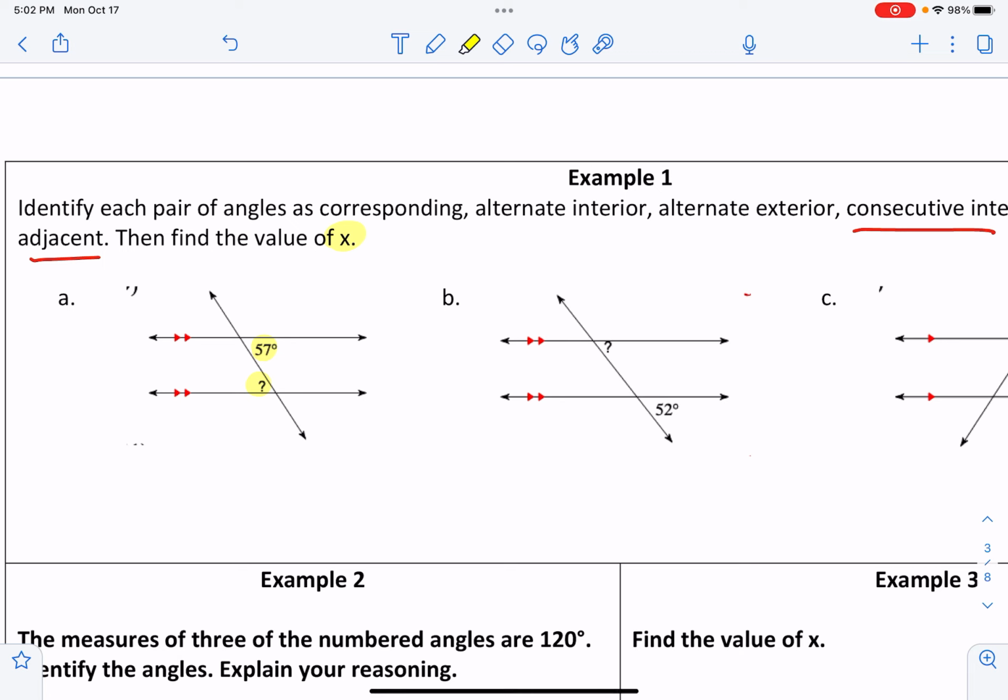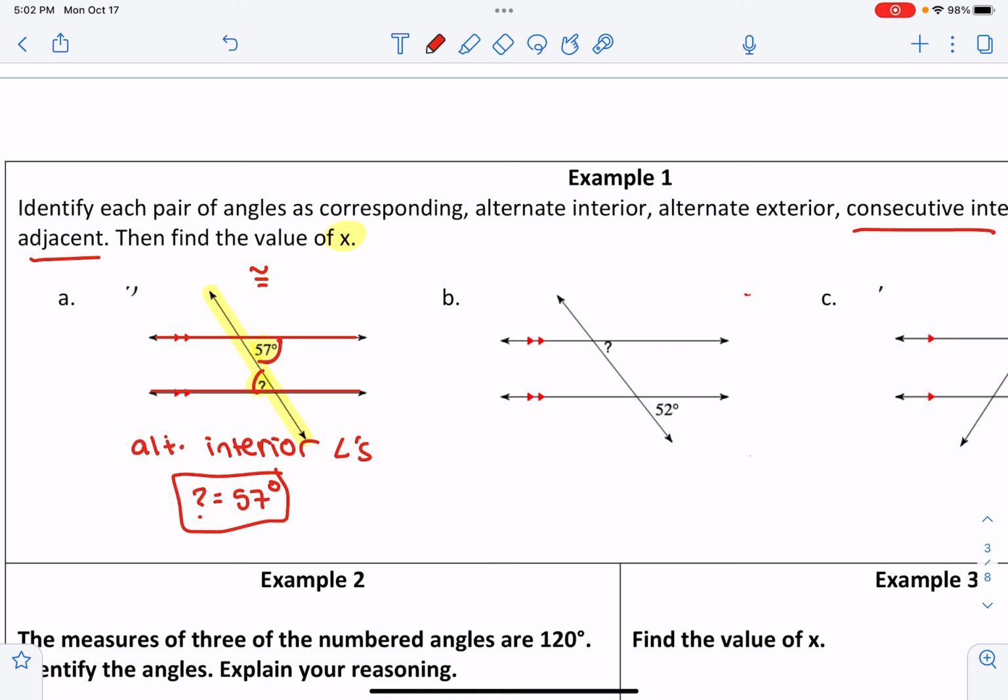So if we look at 57 and the question mark, we see our transversal. They're on alternating sides of the transversal. And if we outline our parallel lines, they're on the inside of the parallel lines. So these are alternate interior angles. Now, if we remember, alternate interior angles are congruent. So we know that since this angle is 57, our question mark is also 57